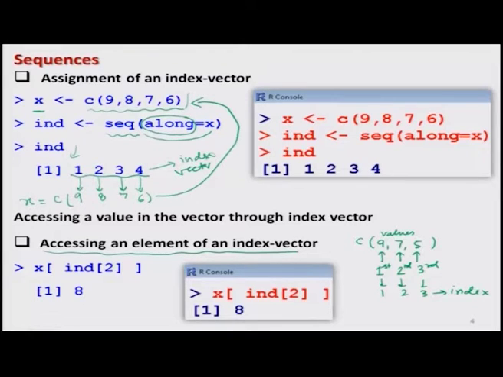For the sake of illustration, I try to take here the same vector x. And suppose I want to recall its second value, that means the value at the second position. Now if you try to see here, this value 8 in the vector x is at the second position. So now in order to call this particular value 8, I have to write here x,